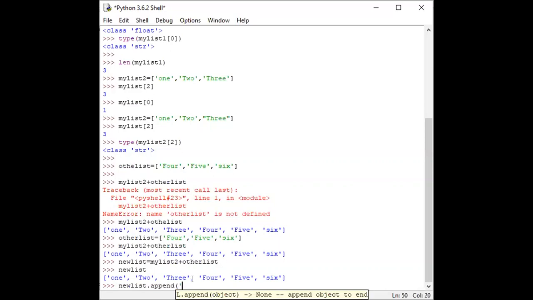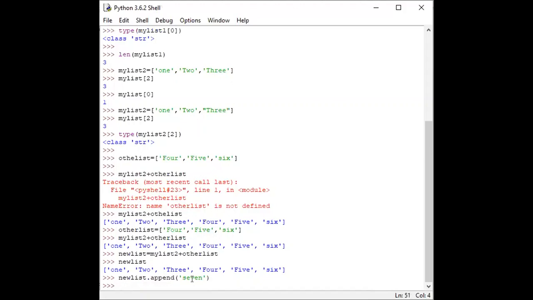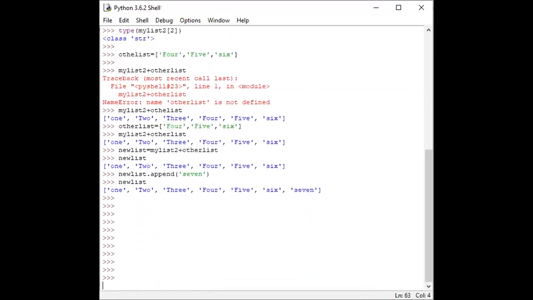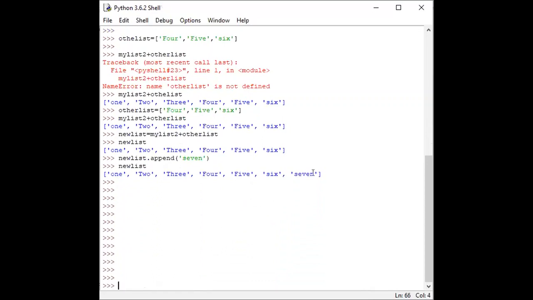My elements are all strings in the new list, so I write here 7, and bracket over. Now I call new list. So we will see there that the 7 is placed at the last address of the list.